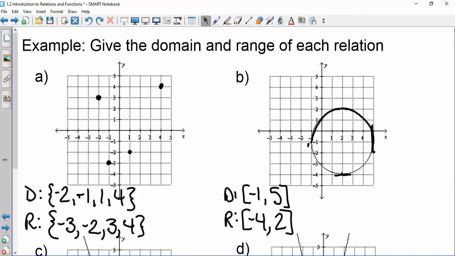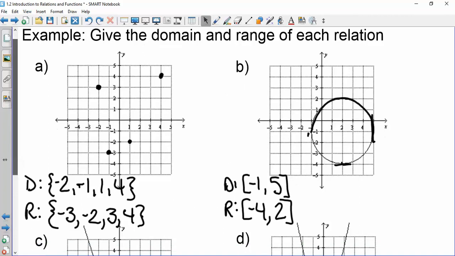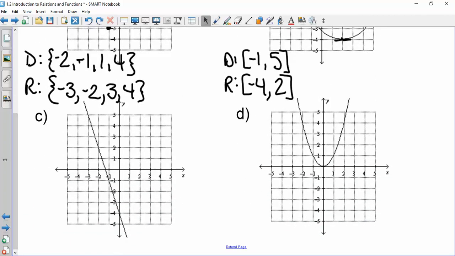Do you guys understand the difference between when we list them and when we do the interval? So if it's just points, you list them. If it's like lines, that kind of thing, you have to do the interval. All right,